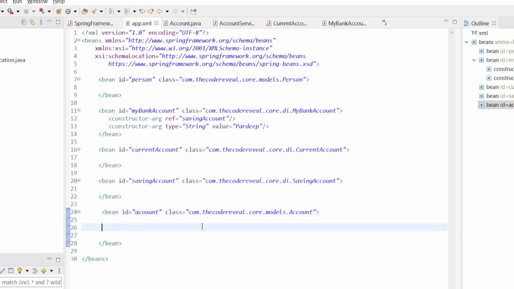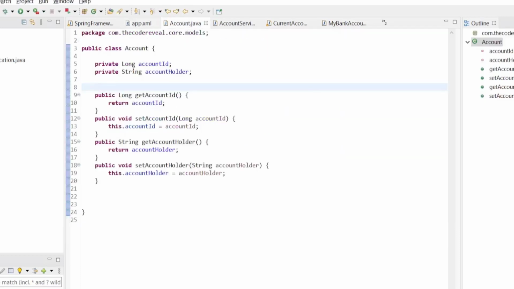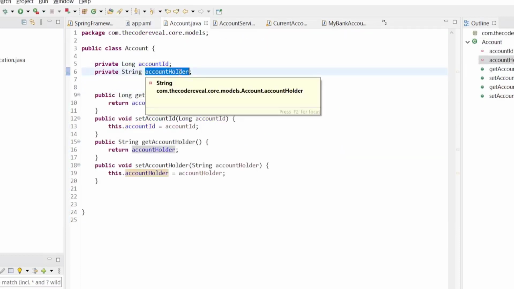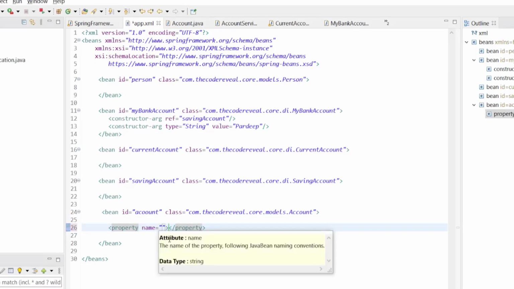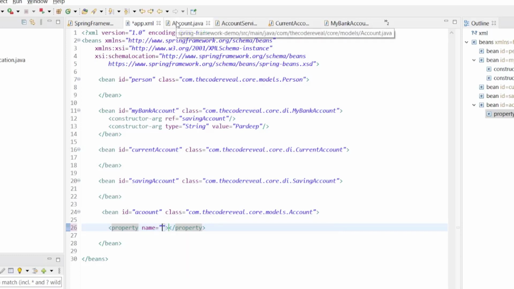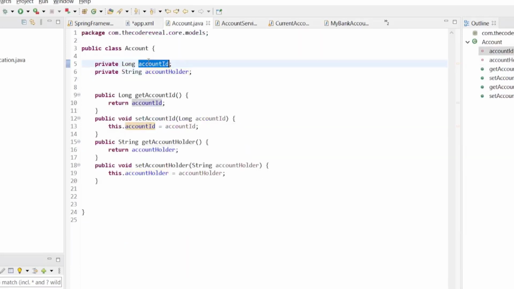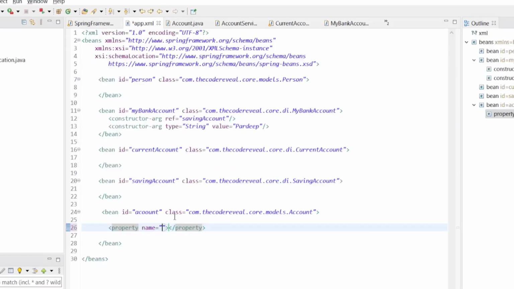Now in the account we are using two properties. Let's set those properties, the account ID and the account holder, using setter dependency injection. We'll create a property here and the name will be accountID, and the value will be 1011.